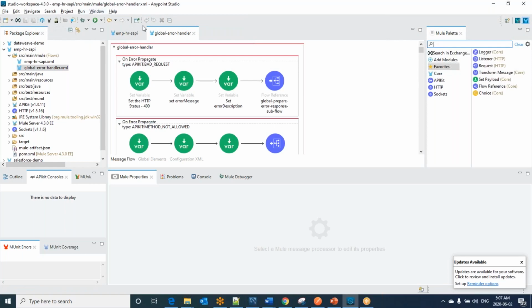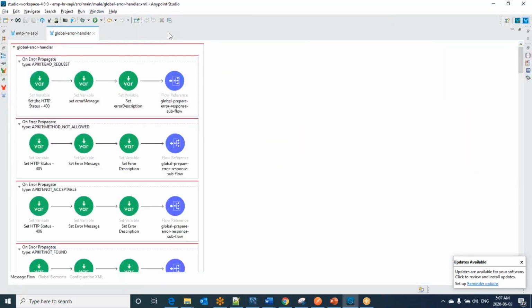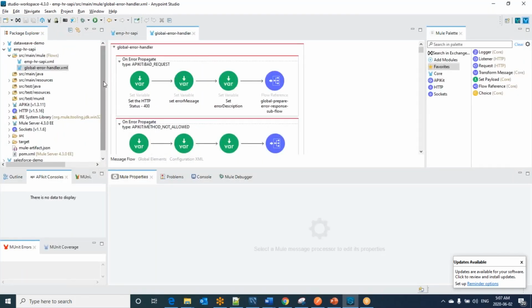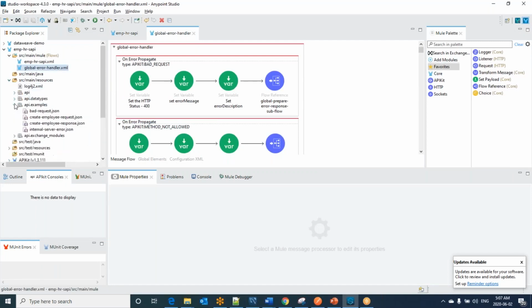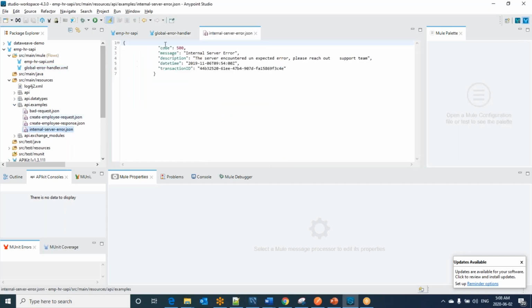What all I have done here, let me show you one by one. And the same thing I mentioned in the documentation. At first, I am handling bad request. And according to the RAML, how we would like to respond back with the error responses, let me show you. Suppose I am getting an internal server error. The expected response is code 500, message internal server error, and description and date time when it happened and transaction